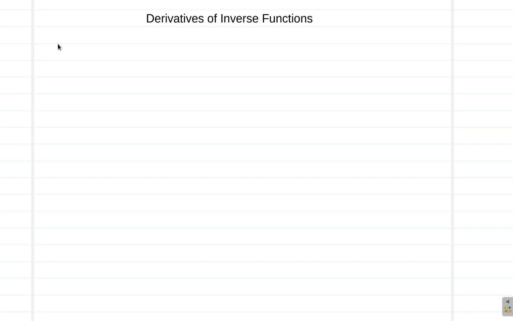Let's look at an example of the derivatives of an inverse function. Now, this is, in my opinion, not the type of question that you would be likely to get in a sit-down exam. Maybe just for practice, it's a take-home assignment because of the amount of work and time that would go